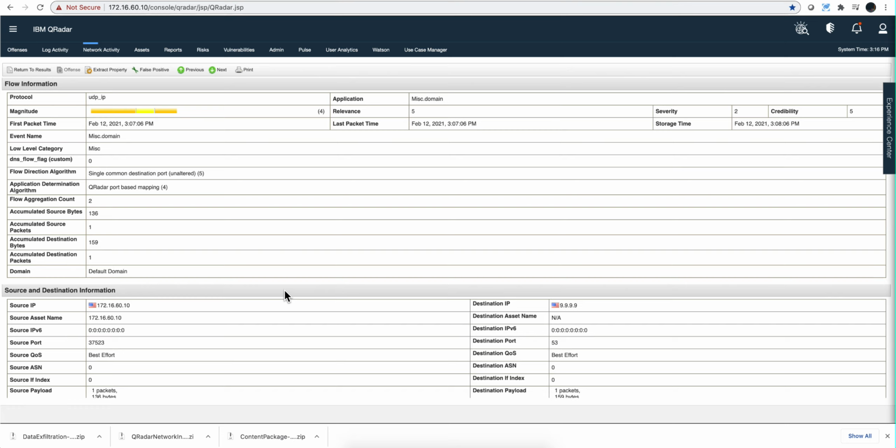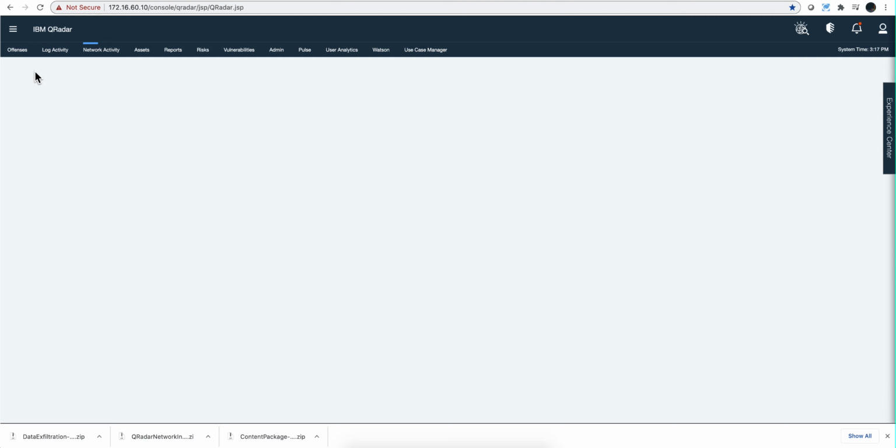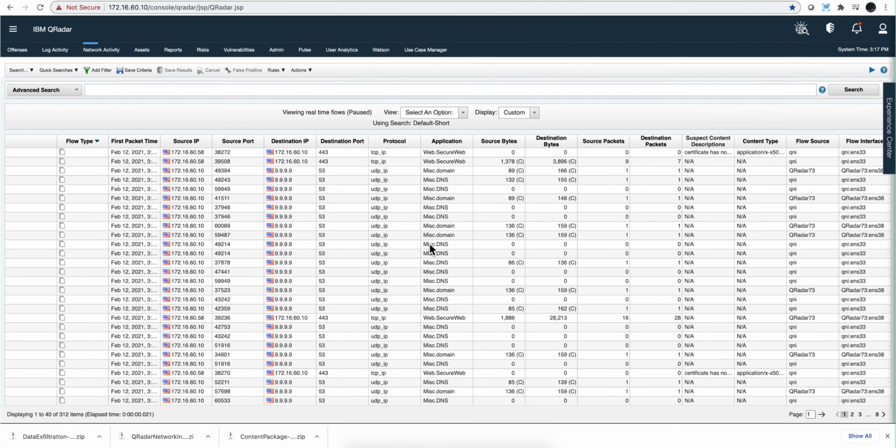This is obviously a Quad9. It's a miscellaneous domain, so it's a DNS thing. And as you can see here, the application determination algorithm is QRadar port-based mapping. Basically, QRadar is inferring that because this came from port 53, it is a DNS thing. If we look at other